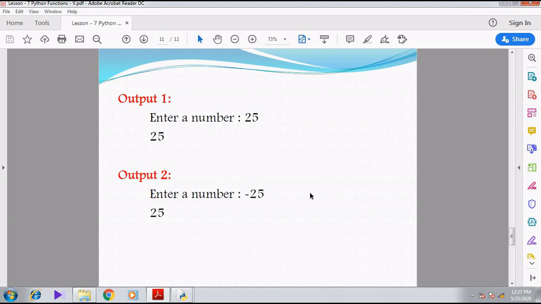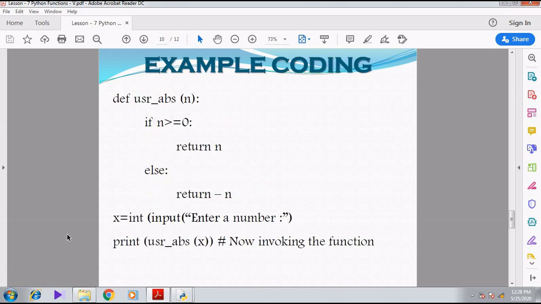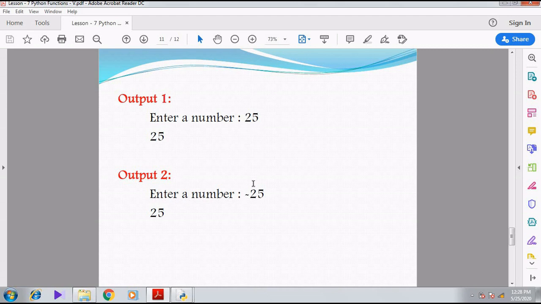Whenever we give a positive number, 25 is greater than 0. Yes, it is true. So what will be the result? It shows 25. True means return n, so what is the value of n? 25. 25 will be returned and printed here. But when I give a negative value, instead of 25, if I give minus 25, now what happens?